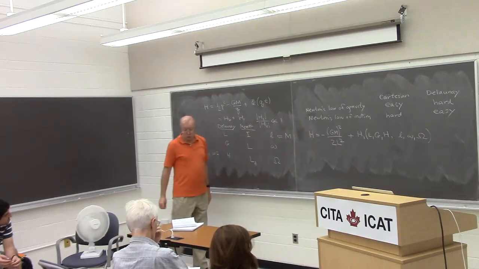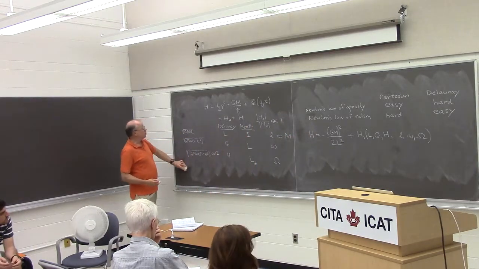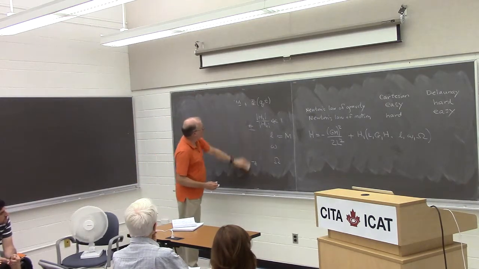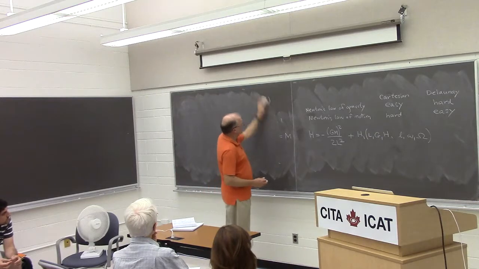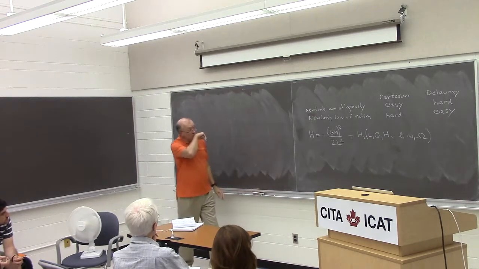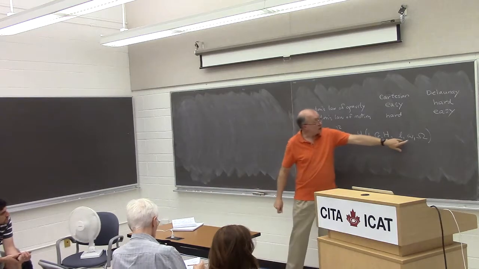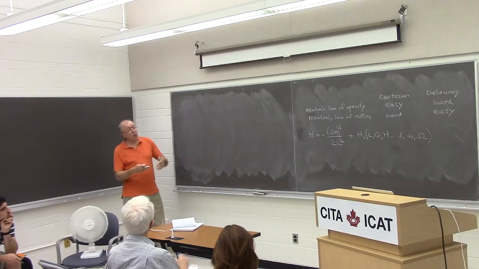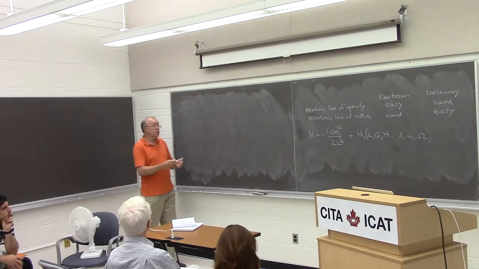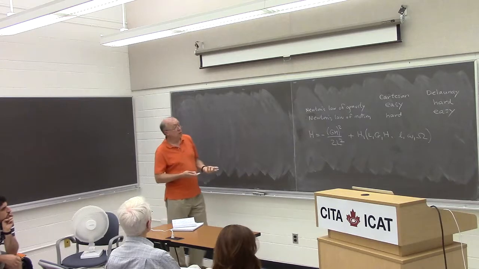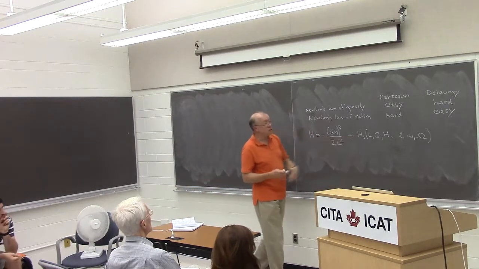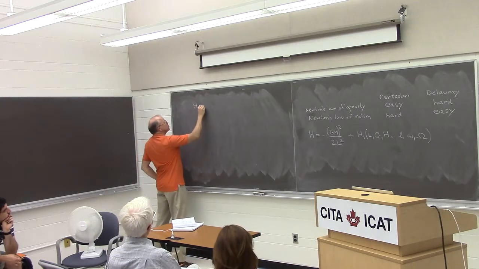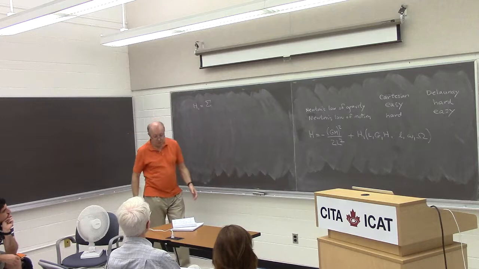But there are things you can do to get a little better handle on what the perturbing Hamiltonian looks like. The first is to recognize that all of these coordinates are angles. That means that if you change the anomaly by 2 pi or either of the other coordinates by 2 pi, you end up in exactly the same position. That means that the perturbing Hamiltonian is periodic in all three angles, and so you must be able to write it as a Fourier series,